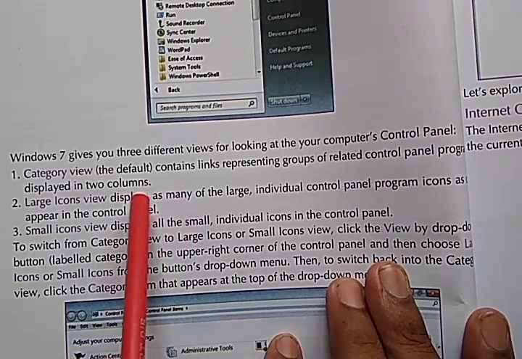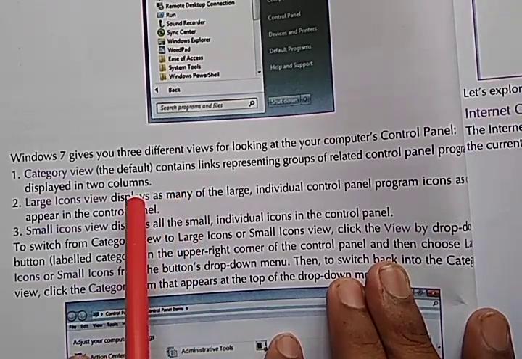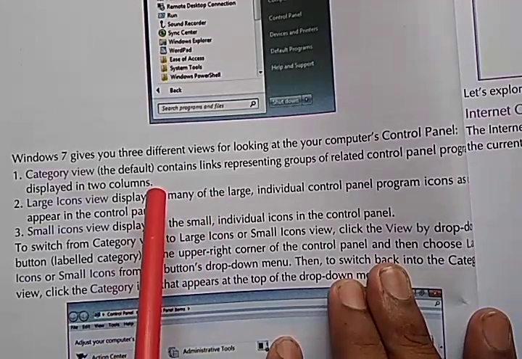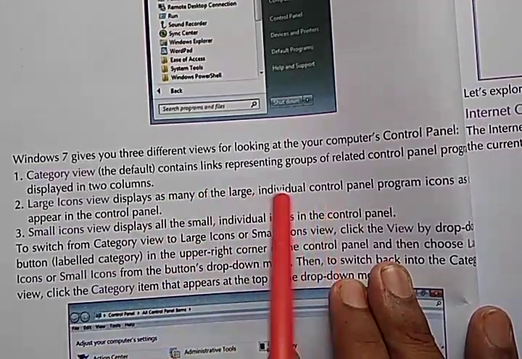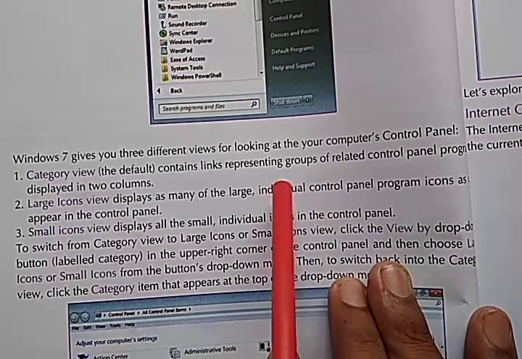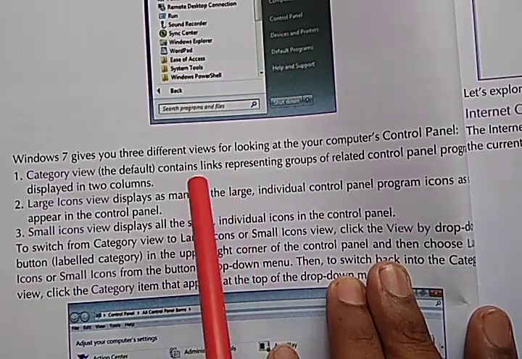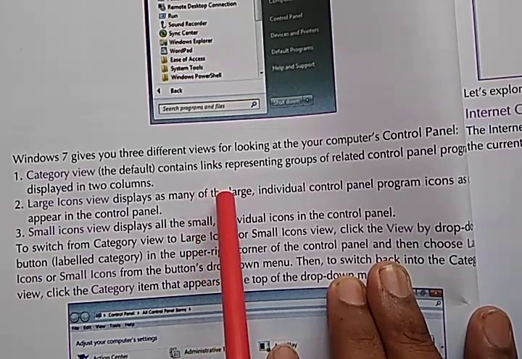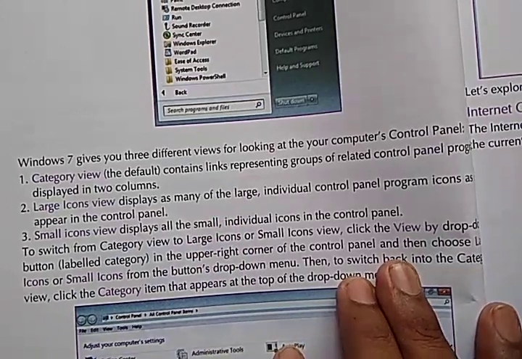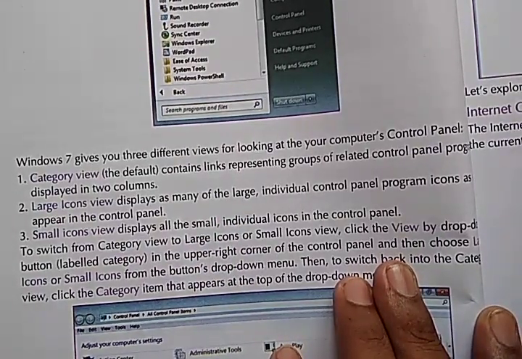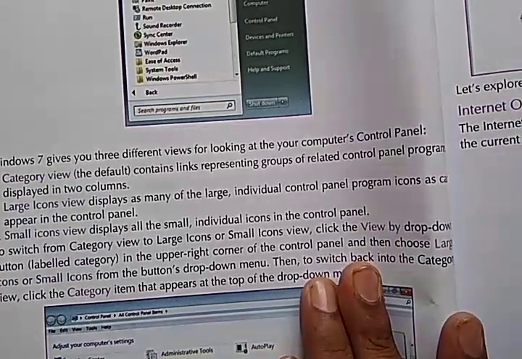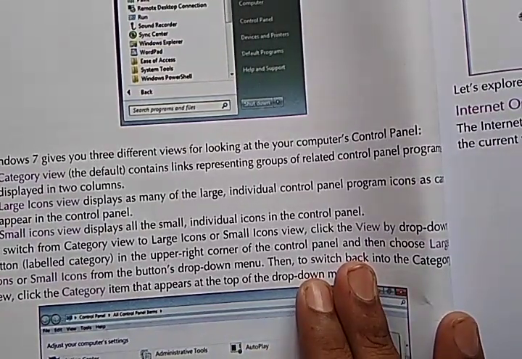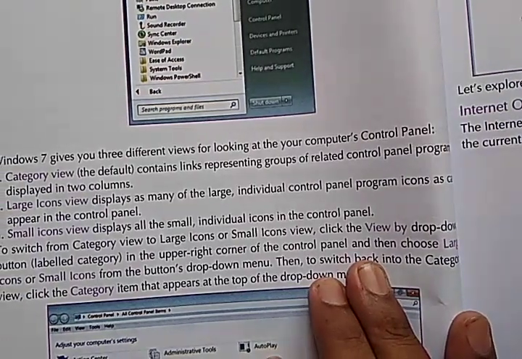Through that you can set options in the control panel, for example if you want to change printer settings, give a command, or if there are some problems in the printer or related to other folders, you can change them there.